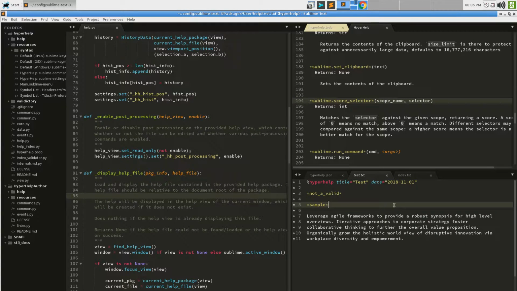And of course, more if you want to, and you can also, as a user, tweak that up as well. So for the purposes of hyperhelp,